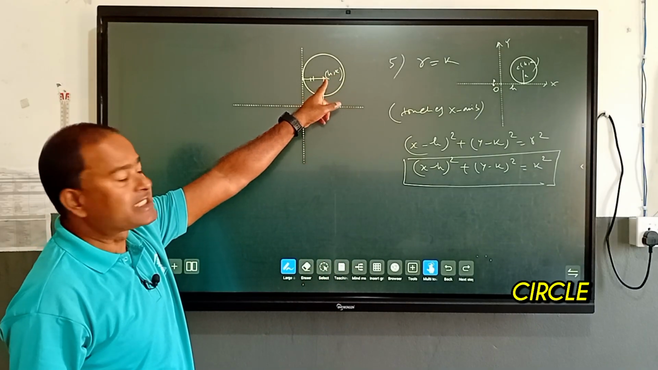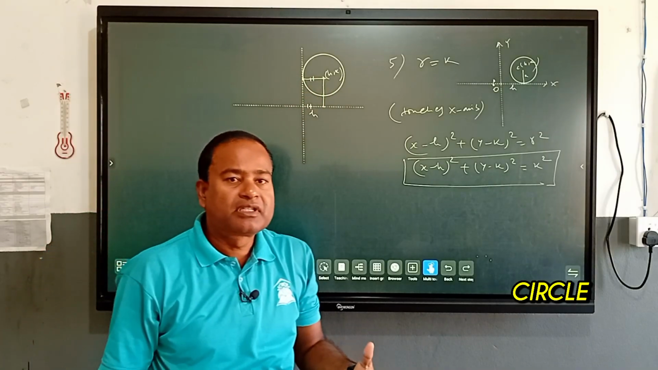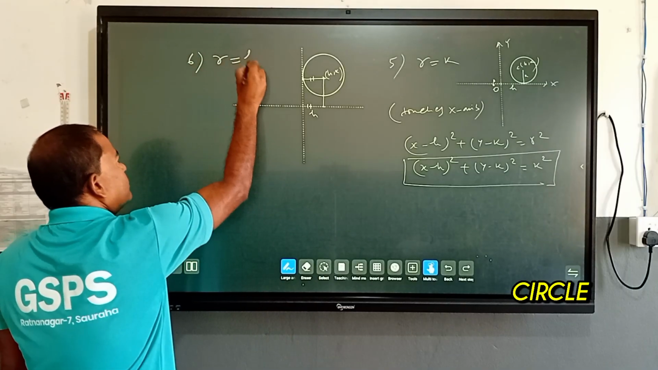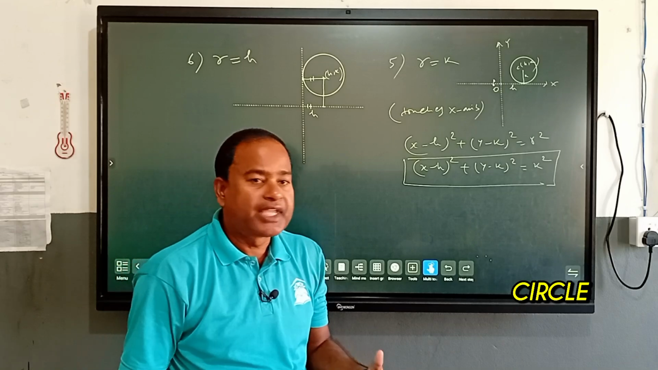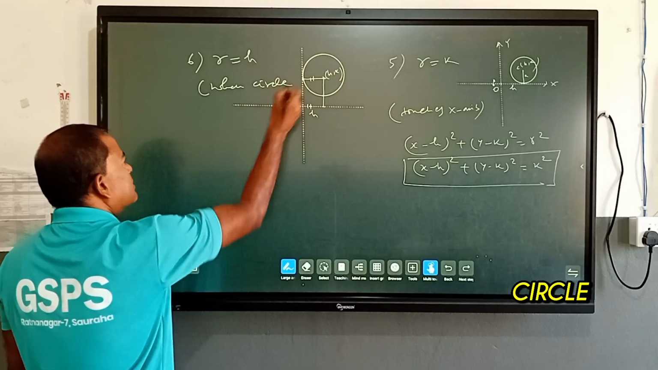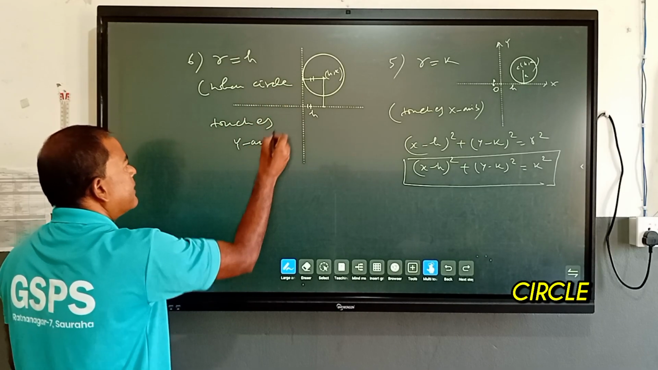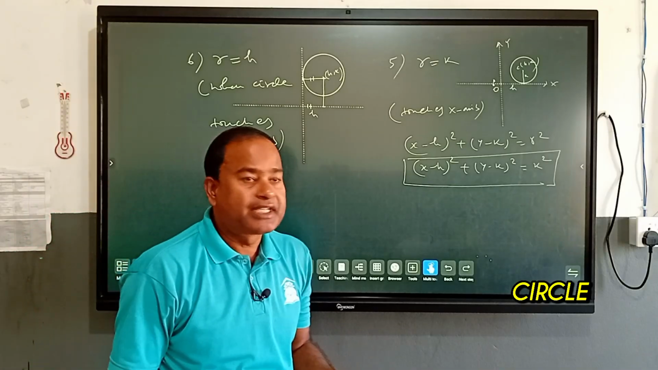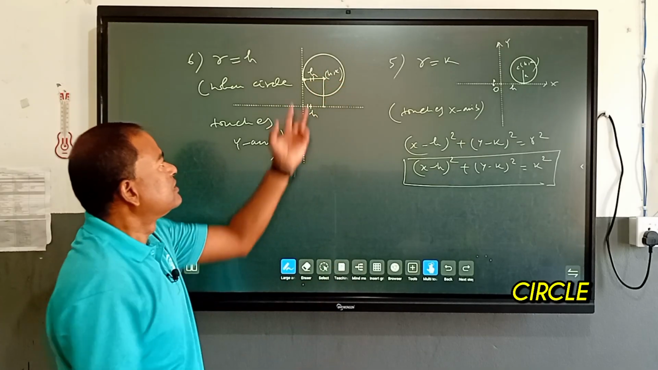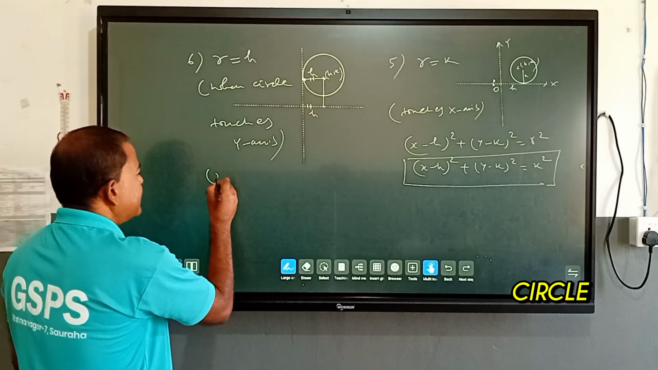If the center lies at the point h comma k, then h will be the radius of the circle. So dear students, radius will be equal to h when the circle touches the y-axis. When a circle touches the y-axis, then the radius of the circle will be equal to h, that means the x coordinate of the center of the circle. So dear students, we know that